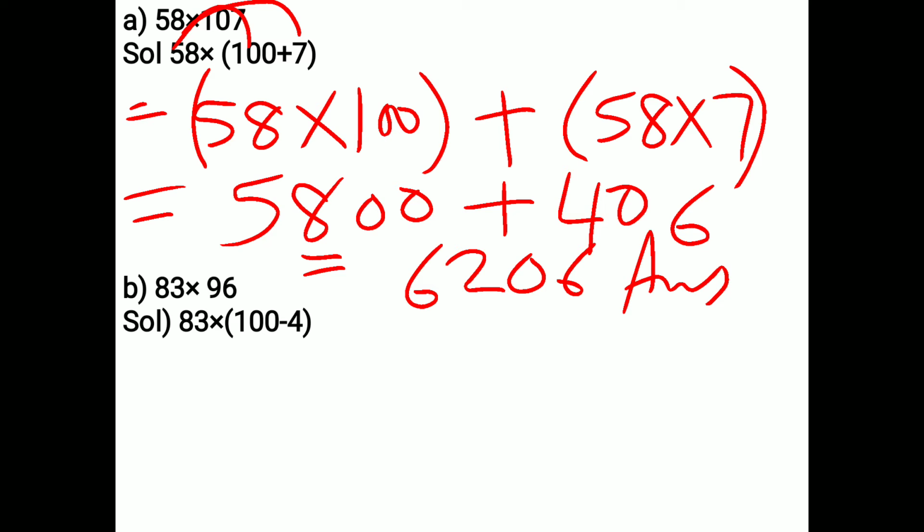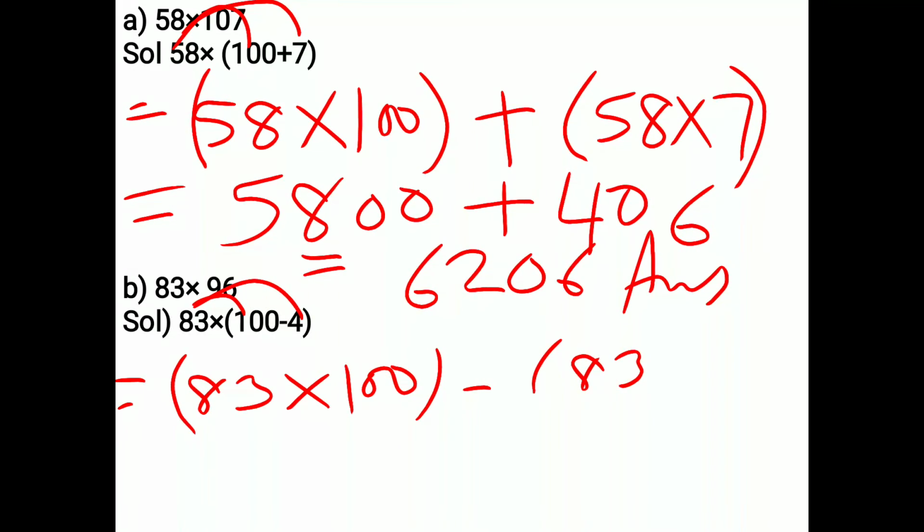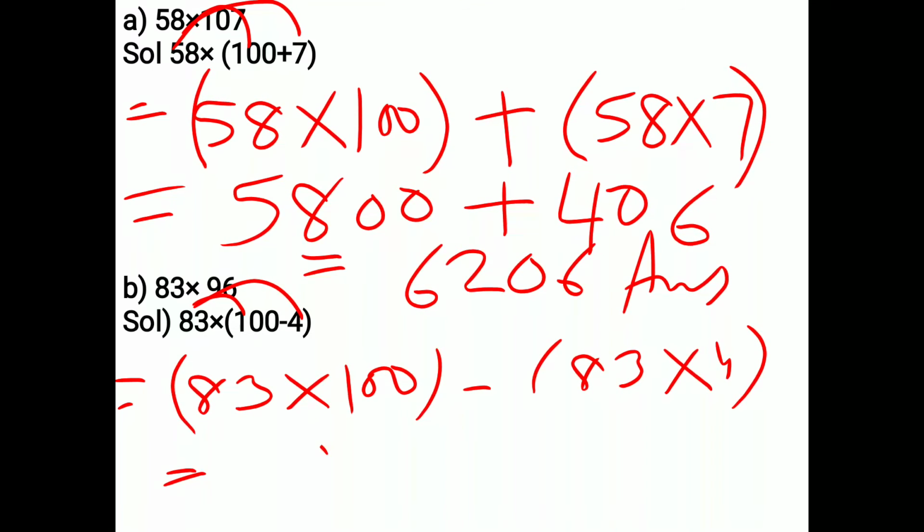Here 96 is there, so I have to make 96. How do I make it? 96 is closer to 100, but how much less is it? 4 only. So I will do 100 minus 4 here. When the numbers are smaller than 100, we do minus. So now I multiply 83 with 100 and then with 4. So 83 into 100 minus 83 into 4. Clear? Answer will be 8300